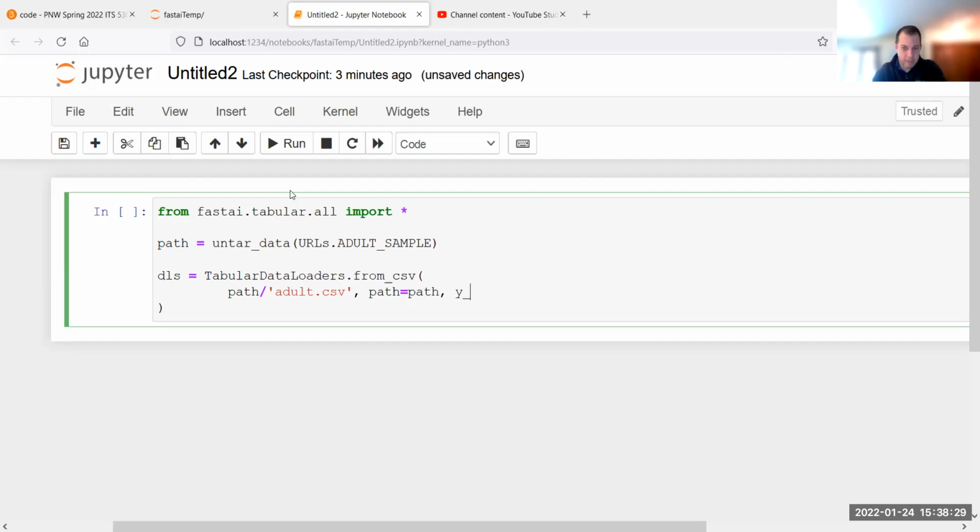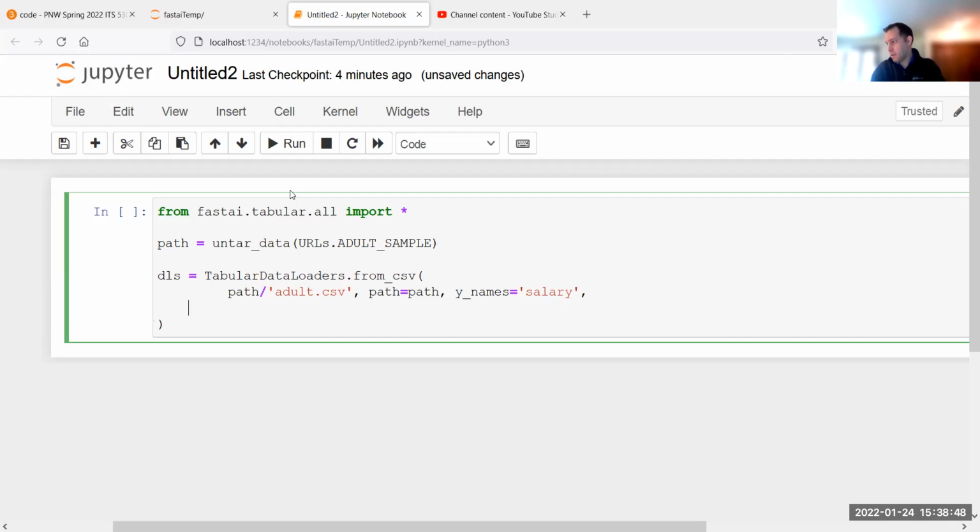Y names, so the label is in salary. Remember, we're talking about a CSV, so we've got some columns in there. So y names salary, comma. And then we need to specify the fields, right? So we have a comma separated file, we have the labels, and then we have all the different features.